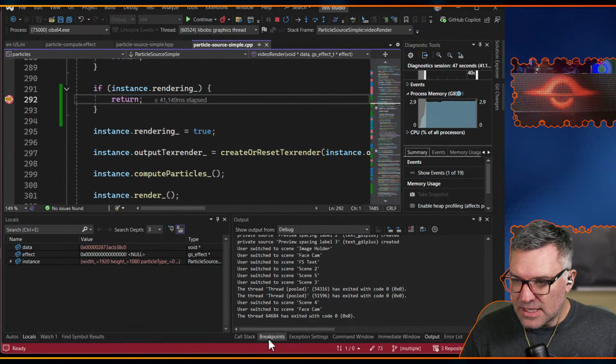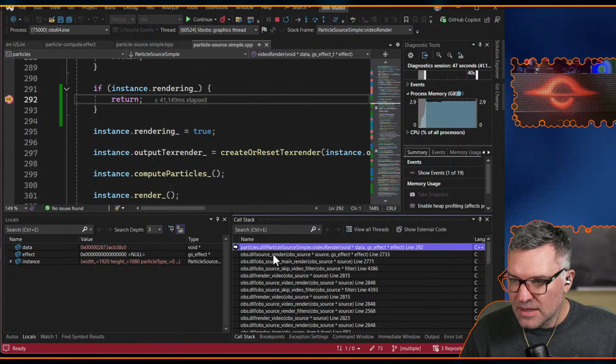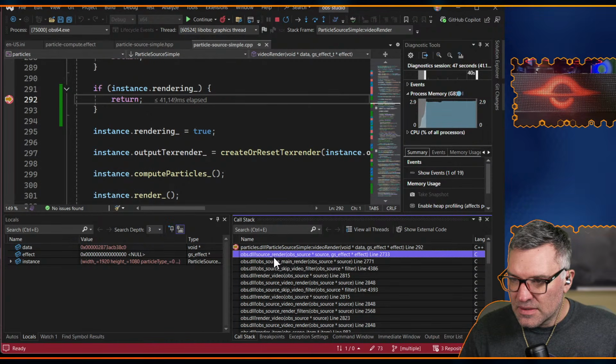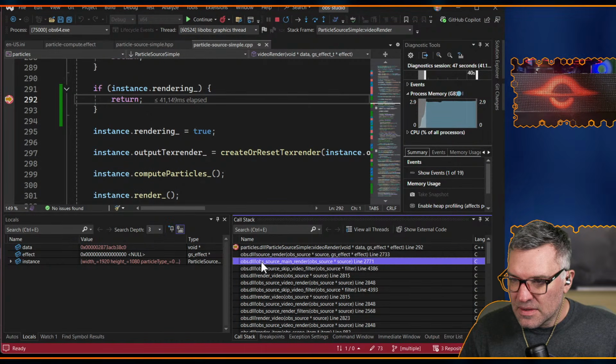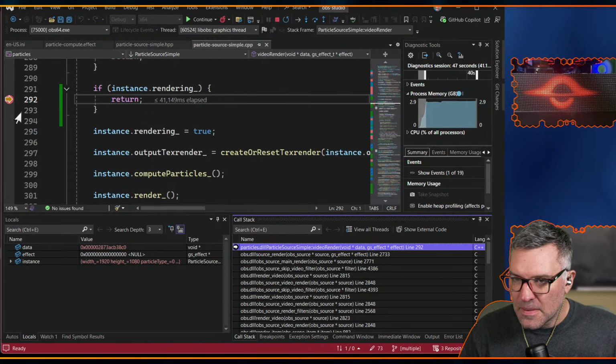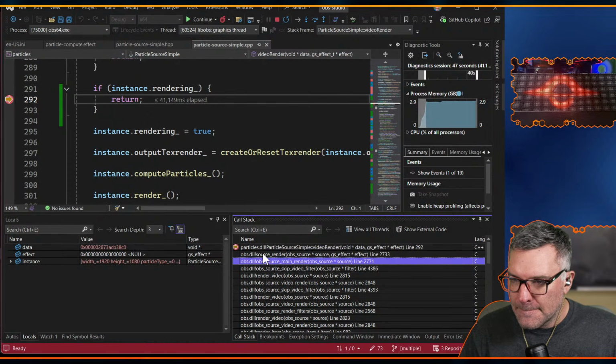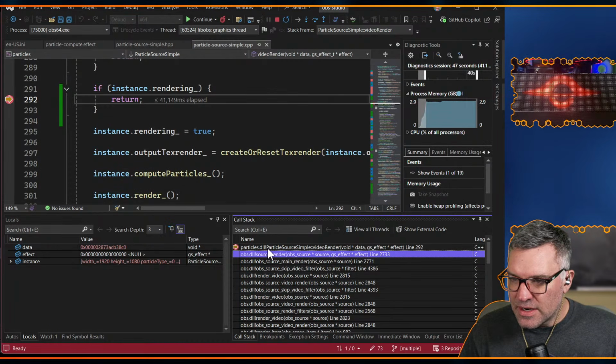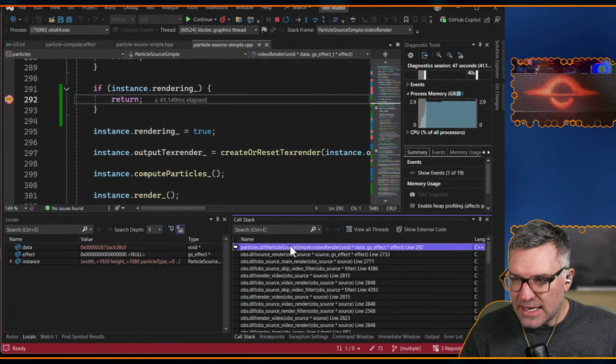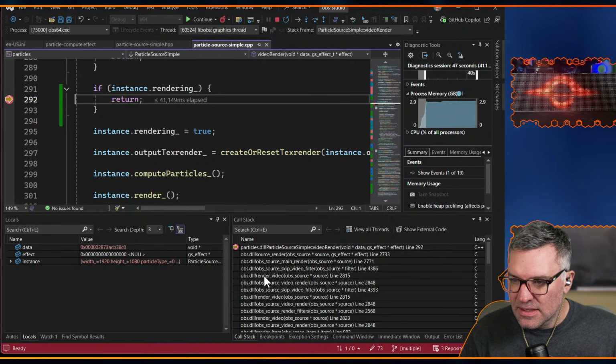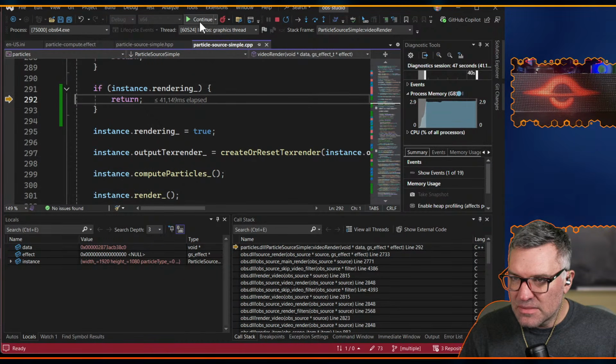Okay, so our call stack. Source main render. Source render, and it's calling particle. Yeah, it looks correct. Looks correct to me, but